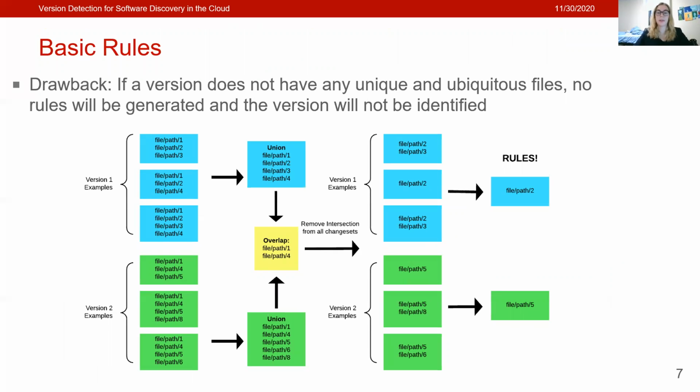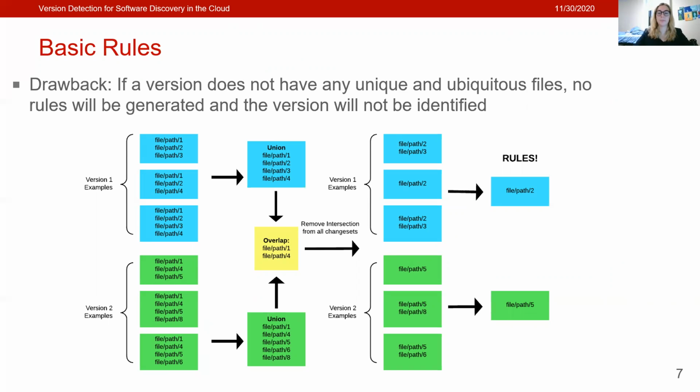Basic rules assume that every version of an application has at least one file that is unique to it and appears in every change set example. This is achieved by taking the union of all change sets of a specific version to get the set of all file paths that appear in any example of a given application version. The next step is finding any overlap between the unions of different versions. Any file path appearing in more than one of the unions